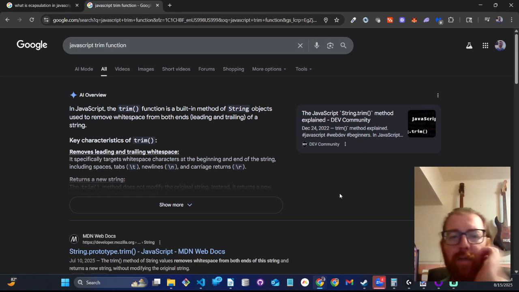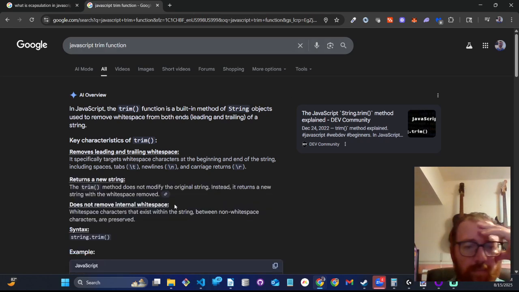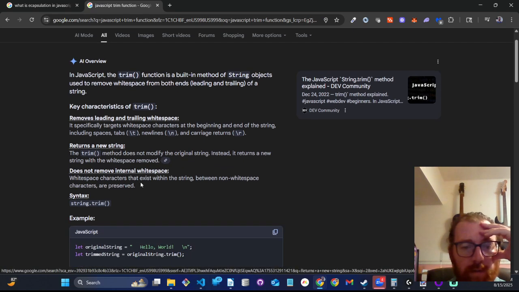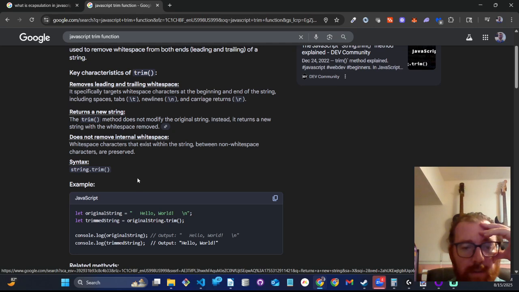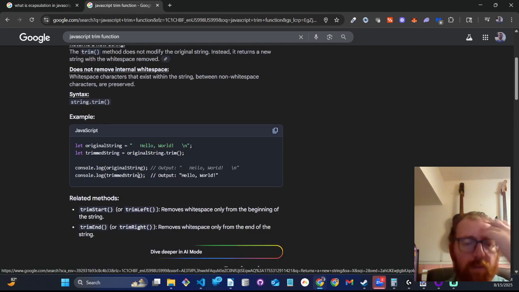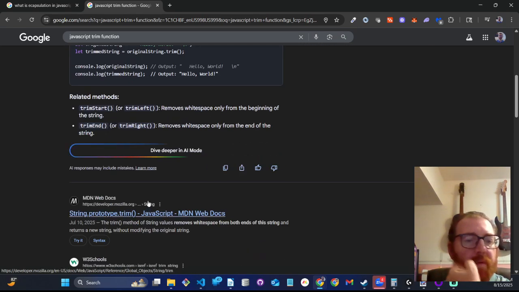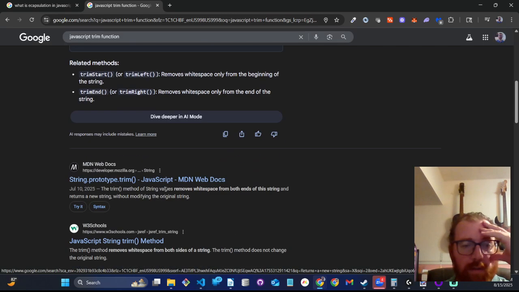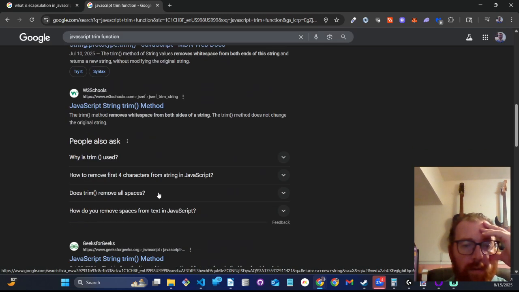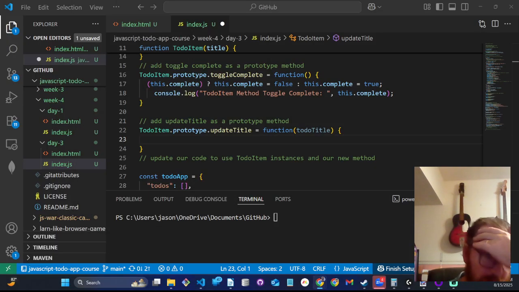Removes leading and trailing white spaces. Does not remove internal white spaces. All right. So we can call string. So then I guess what this is saying is somebody could put a space and trick our